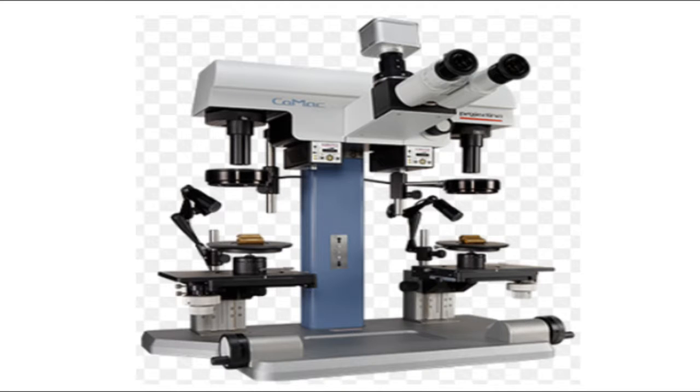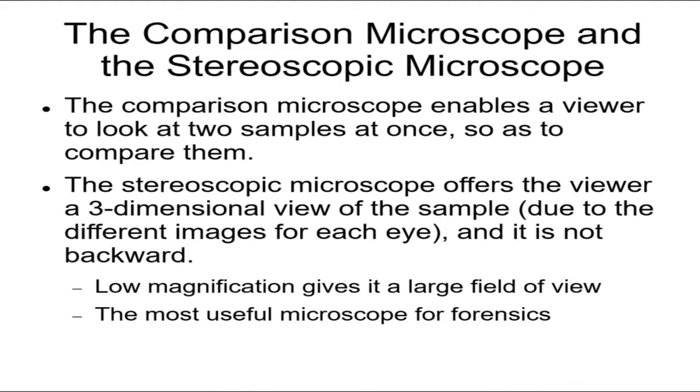Here's a little bit. We're going to look at this picture. Here's where you see it. You put your 2 eyes there like it's binoculars, and you'll be able to see, through these views, what's going on in here. The fact that you have 2 of them, we'll talk about that soon. But the point is, stereoscopic means you have 2 eyes, and they are both focused on whatever this thing would be. The other idea is the comparison microscope. That enables the forensic examiner to look at 2 things at once, because that's very important. Let's say you want to compare a bullet that was used in the